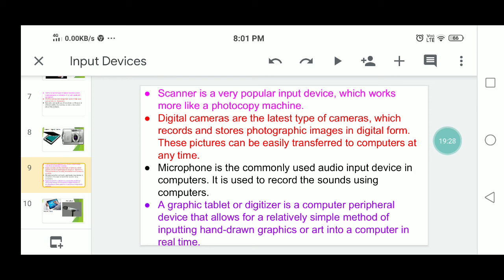These are the devices that transfer sounds as input to the computer. The microphone is connected to the sound input socket of the sound card of the computer.